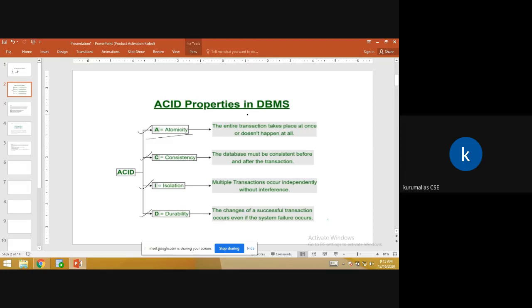So in atomicity, the user should not face the consequences of an incomplete transaction. This property is known as all or nothing. It is the responsibility of the database system to ensure atomicity, which means that if it happens, it should be done clearly and successfully. It should not be that it is debited but not credited. That is the responsibility of the database. Automatically, the database activates atomicity. So the problem is solved.